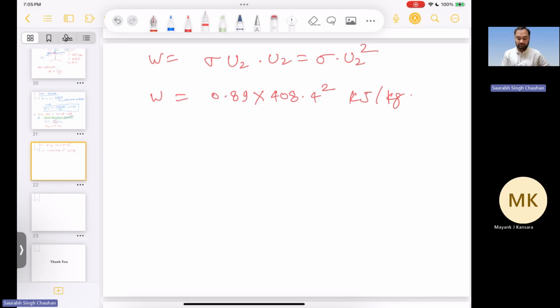Okay, so this is per kilogram. This is small w, the specific work input. So the power input to the compressor will be what? This is per kg, per unit mass. So the power input to the compressor will be